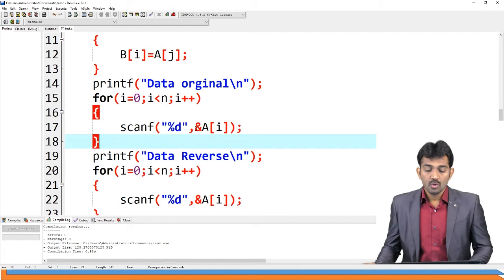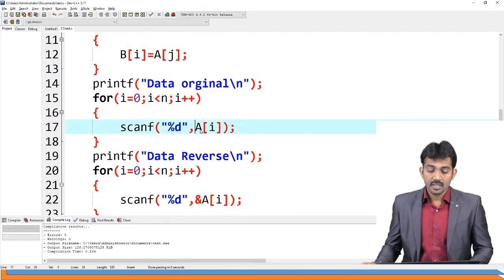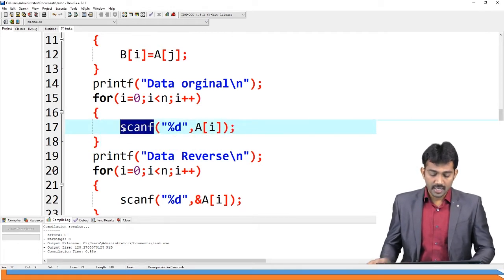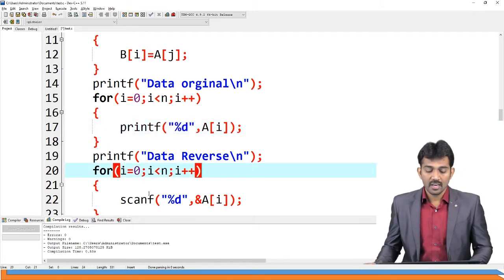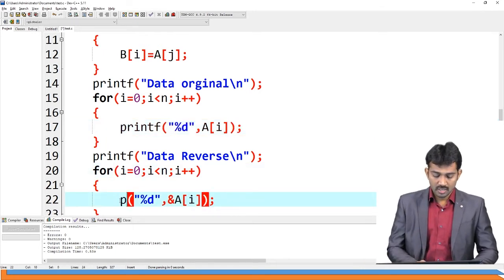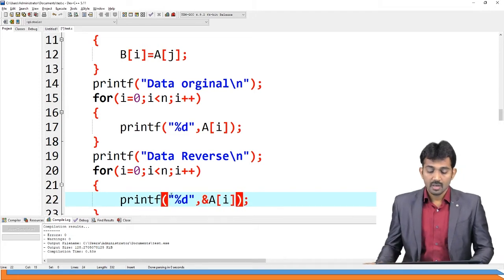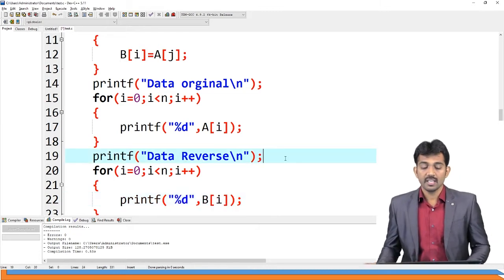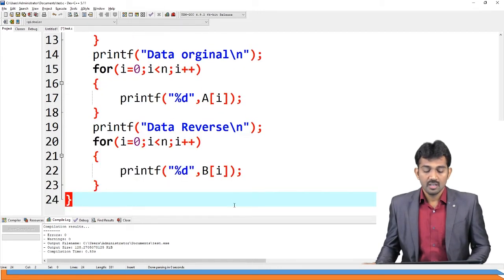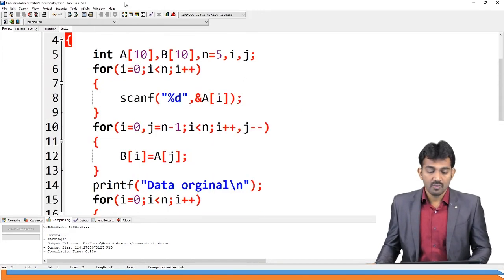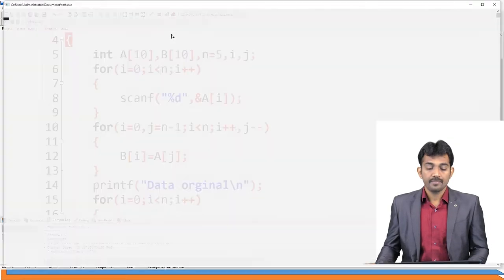For the printf, remove the ampersand, otherwise it is going to show the address. Here you use b because b contains the reverse data. So a contains the forward direction and b contains the reverse direction. We will see how it works.